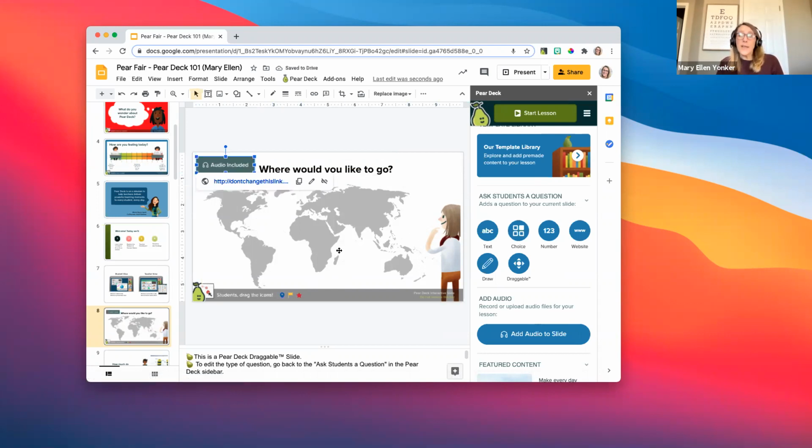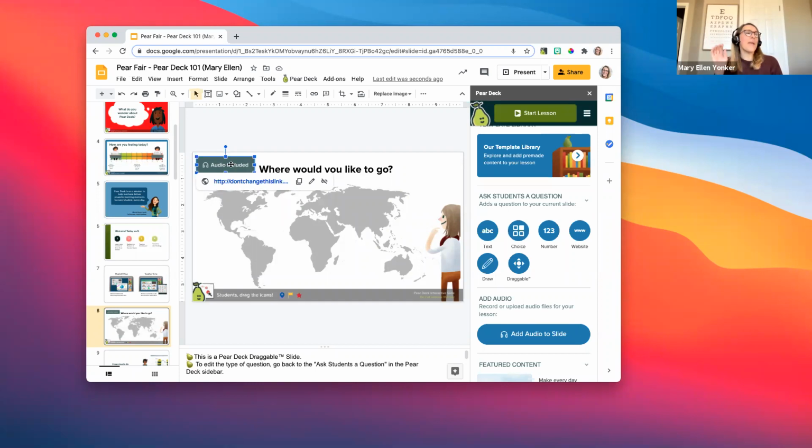When your students are engaging with the presentation, this is just a message letting them know that there's audio available on this slide. What the students are going to be looking for is a button in the bottom right side that has the headphone icon in it. They'll click on that icon, that button in the bottom right, and that will launch the audio. The first couple of times I used it with students, they kept clicking on this green message, but they need to look for the button in the bottom right.